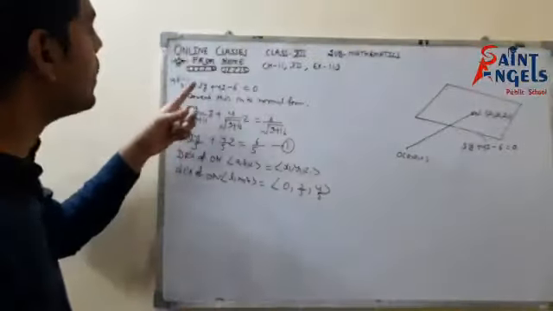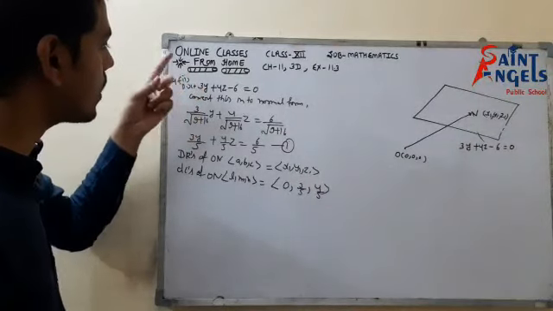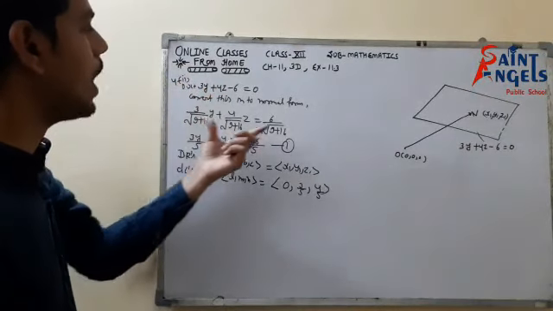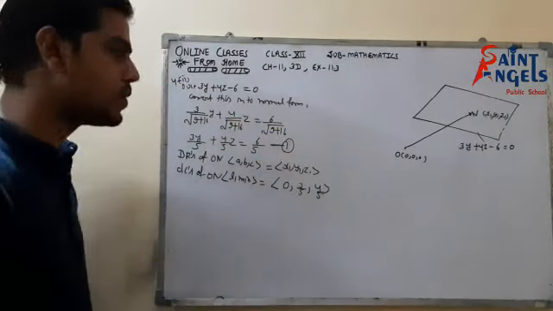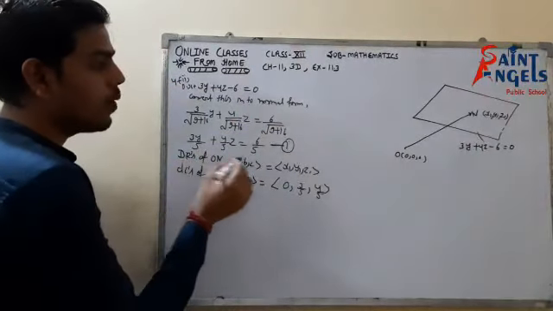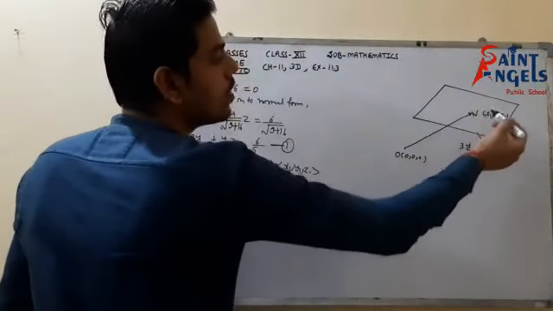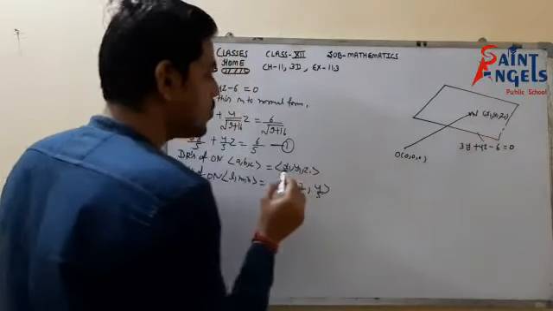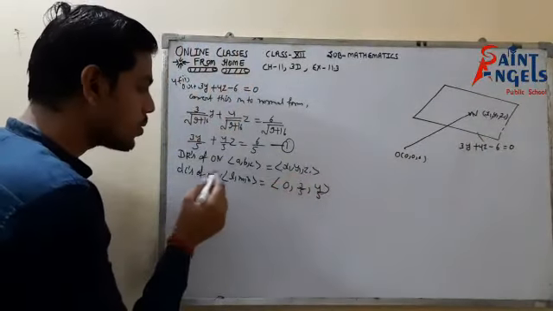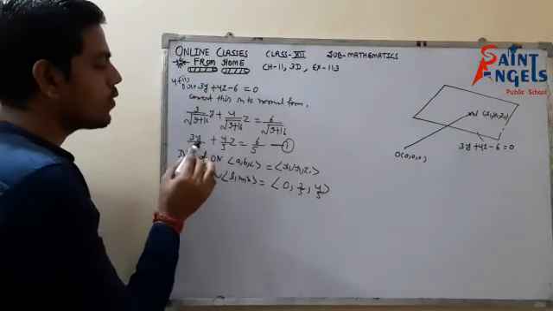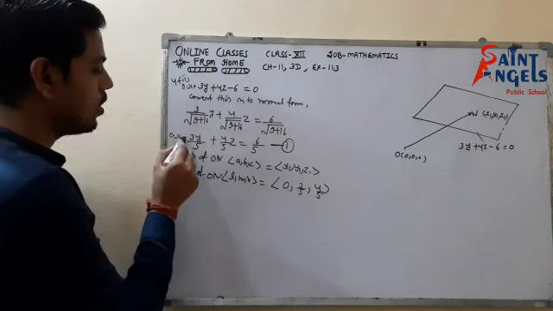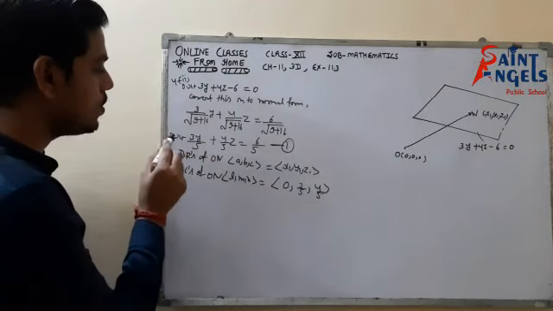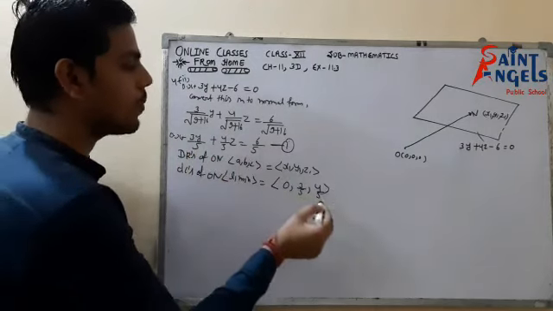So I have divided by under root of 0 square is 0, 3 square is 9, and 4 square is 16, dividing both sides. So this is my equation of plane in normal form. So the direction ratios of ON would be x1 minus 0, y1 minus 0 and z1 minus 0. It means x1, y1, z1. For direction cosines, from the normal form the coefficients of x, y and z are the direction cosines. So here the coefficient of x is 0. So the direction cosines would be 0, 3 upon 5 and 4 upon 5.